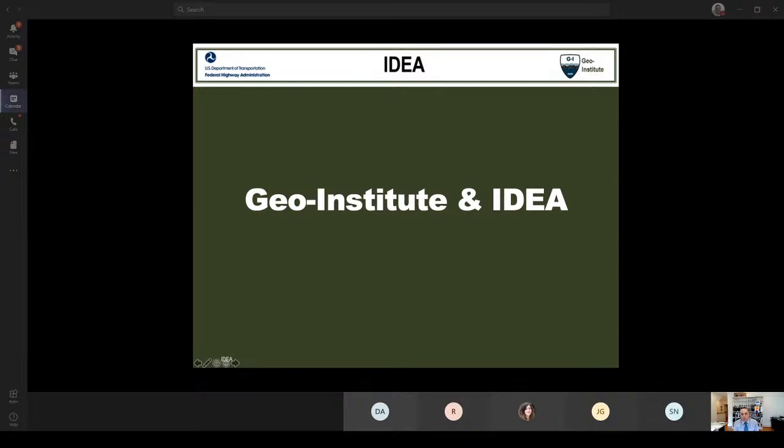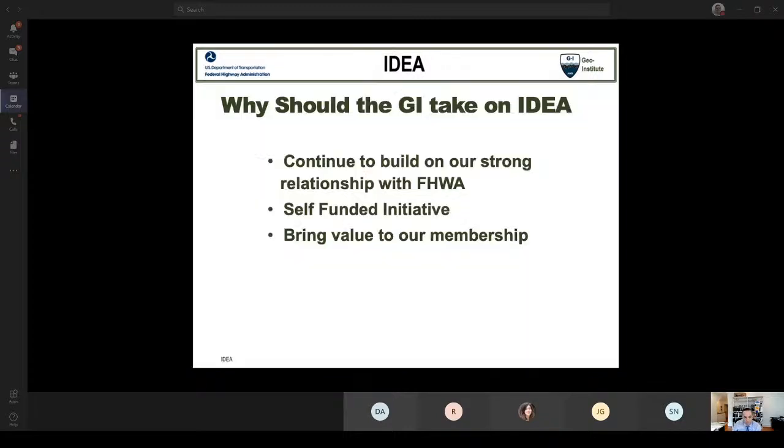All right. So Silas set the stage for us very nicely. I want to talk just for a few minutes about the Geo-Institute and IDEA and our role in IDEA. When FHWA came to the Geo-Institute and asked us to partner with them on IDEA,